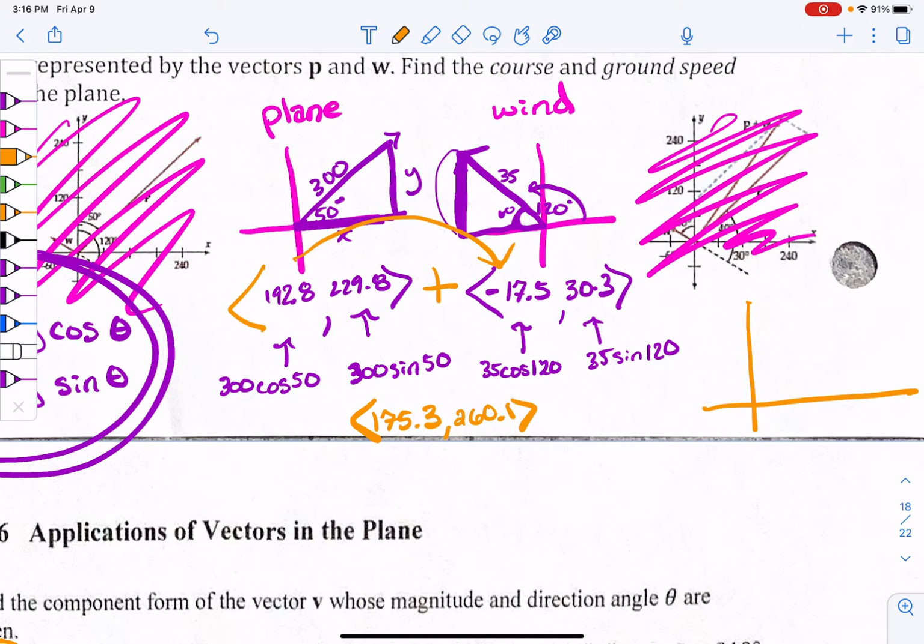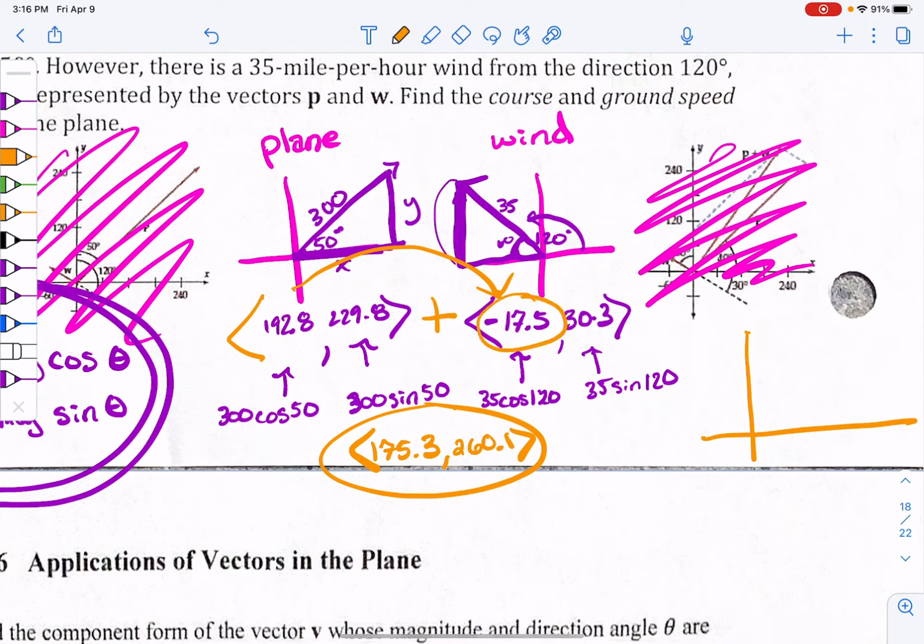So these two coordinates right here are still both positive, even though the wind is negative. The plane was directed in this direction, but because the wind is going this way, it's going to make me travel more of that pattern, okay? So what's happening is in the X direction, it's going 175.3, and in the y direction, it's going 260.1, and I need to find the magnitude